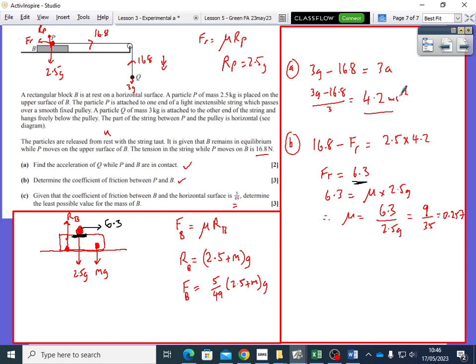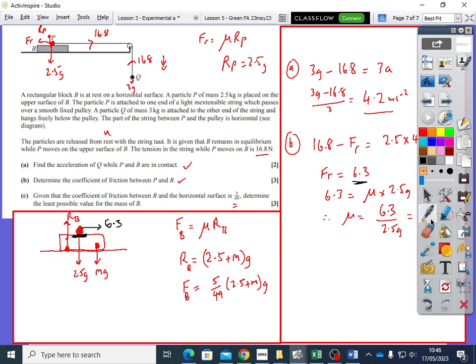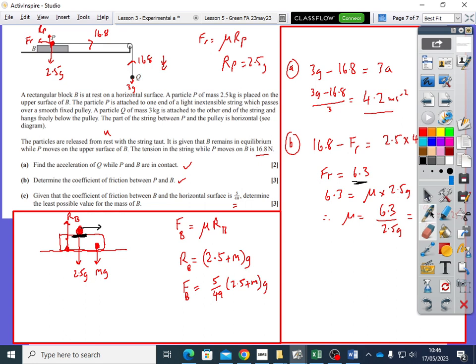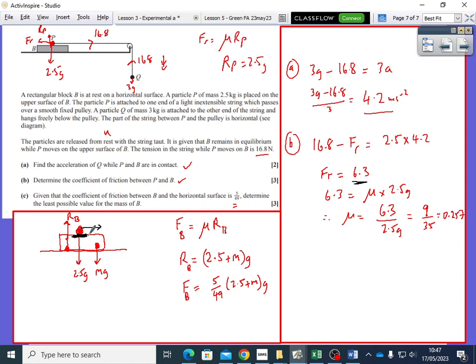Therefore I really should say, what I should say is this friction on the top of this block is 6.3, because that's the only thing that's in contact, that's dragging along there, and that friction, okay, which we got from here. Ignore that tension, that's got to do nothing. That tension's causing this friction as it's going along there. Okay, now to be honest with you, this friction, as you can see, is opposing it,